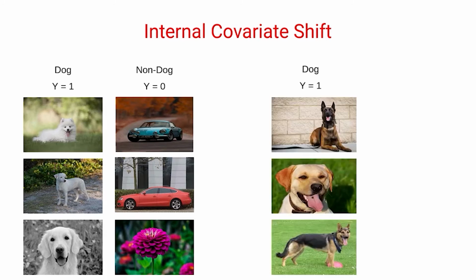Now let's say a new batch of images goes to the model. This time we have images of dogs which are not white in color. These images will have a slightly different distribution as compared to the previous distribution of white dogs. Now the model will update its parameters according to these new images. Due to this change in parameters of the model, the distribution of activations from the model also changes. And this change in distribution of activations is known as internal covariate shift. Batch normalization helps to reduce this internal covariate shift by normalizing the activations of the model.